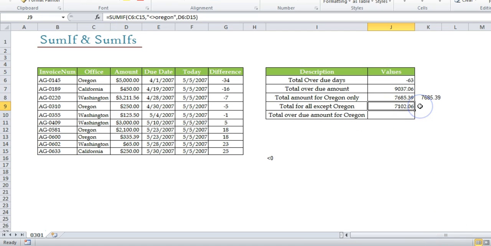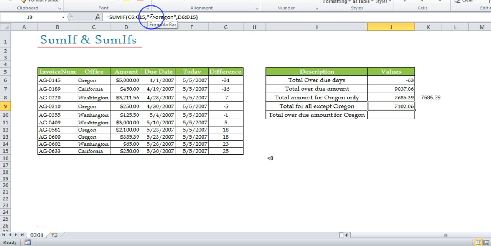Now if you have a question, if you are trying to select a cell in place of Oregon, this will not work in this case. Reason being, we are using symbols. Now think about it, there is a clash of logics. If you think about using symbols and giving it a reference, it will not work.